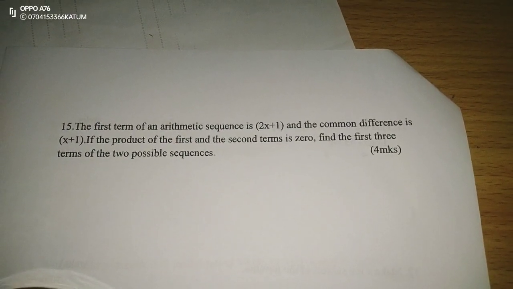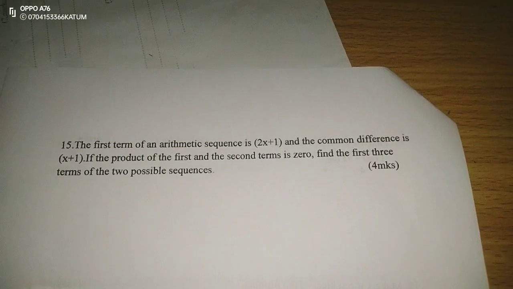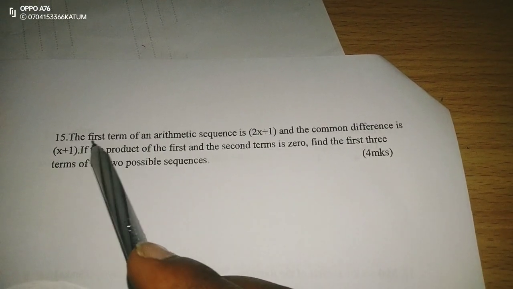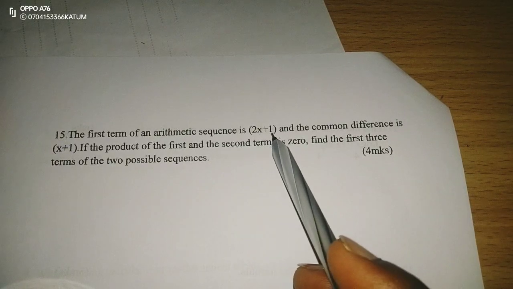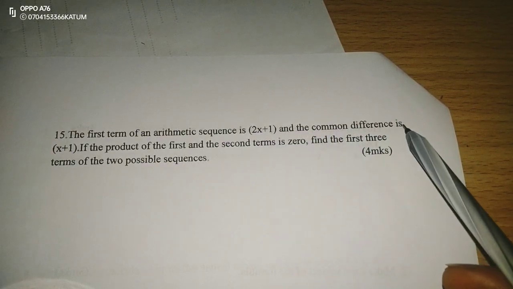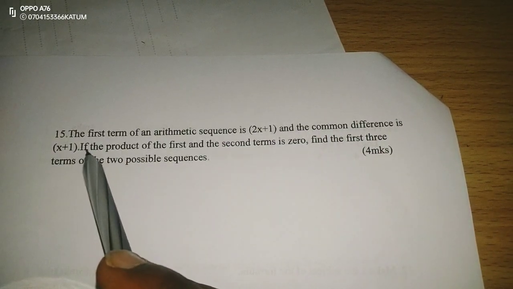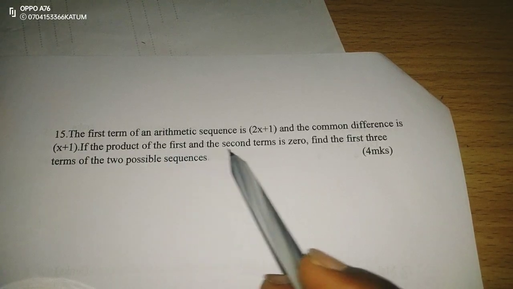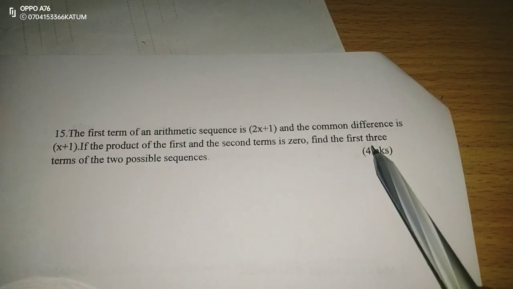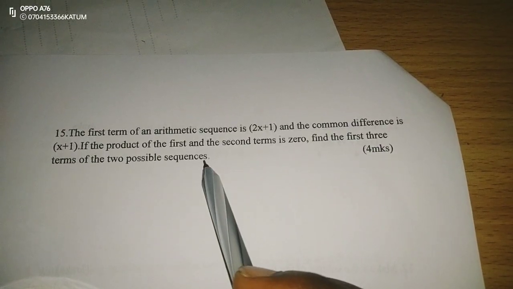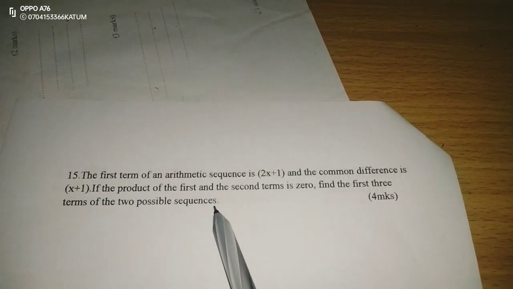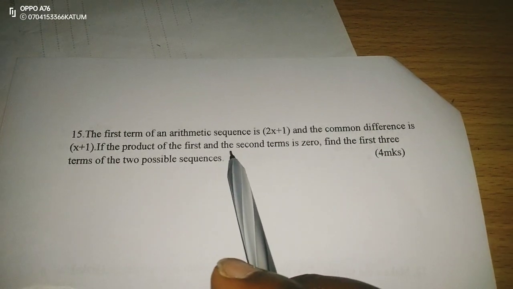We're going to look at a question from arithmetic sequences. We are told that the first term of an arithmetic sequence is 2x plus 1, and the common difference is x plus 1. If the product of the first and the second terms is 0, find the first three terms of the two possible sequences. Therefore, it means that we're going to have two possible sequences